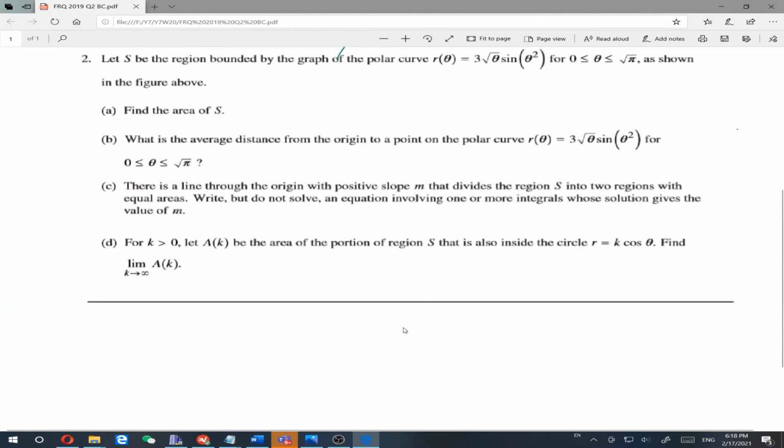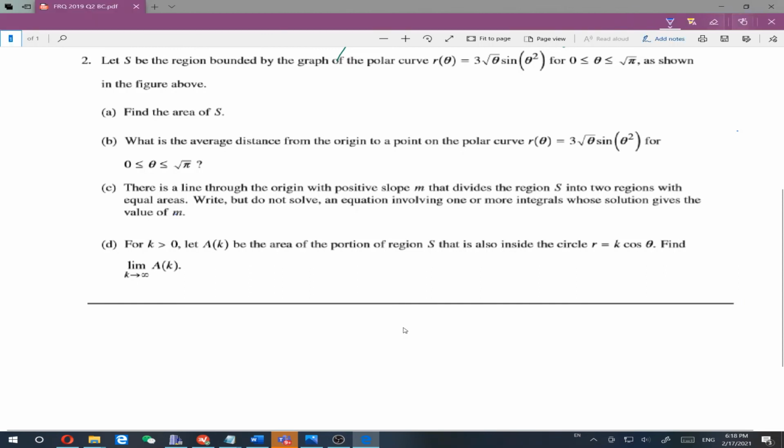So as k approaches infinity, the area of k approaches the integral from 0 to pi over 2 of r theta d theta. And then we'll make this polar area, so that's 1/2 of r squared d theta, which is